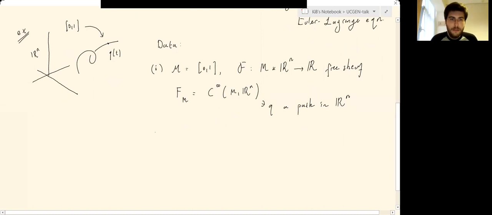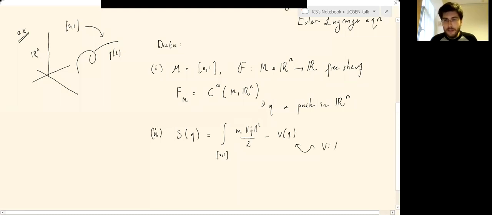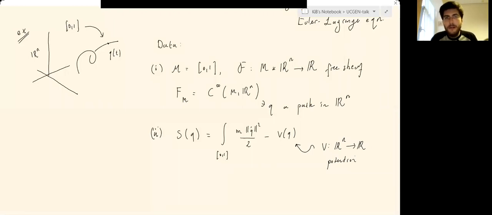And what else? You need to specify the action functional, right? So S, let's say, acts on Q. In general, it's given like an integral like this, Q dot squared divided by 2 minus V(Q). V is just a certain real-valued function on Rn. In general, this is called, let's say, the potential. Okay, for those who are familiar with this discussion, this is the usual, in classical mechanics, mv squared minus